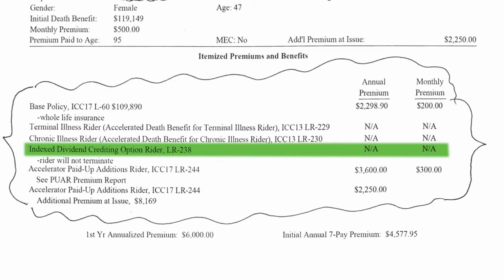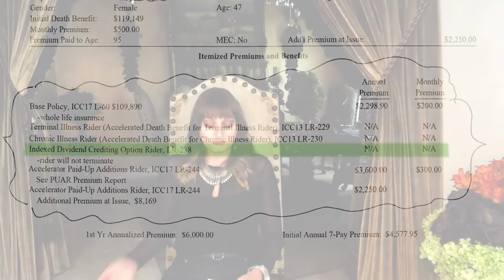I get this question a lot if you are with the company called One America. Basically, all this is, it's just a dividend. How we design dividends is we design the dividend to go back into the policy, purchasing us more paid up additions rider. Right, it goes back into the policy, starts earning the uninterrupted 4% compounding, and thus it just gives us cash that we can then take out in the form of a loan to start doing X, Y, and Z with it, right? So this index dividend crediting option, it's just a rider, it's free of charge, it's added on